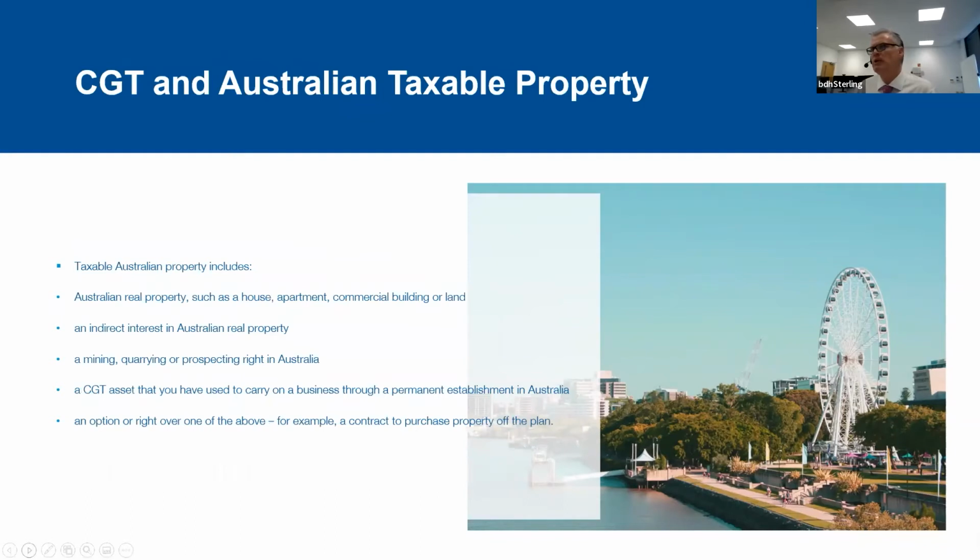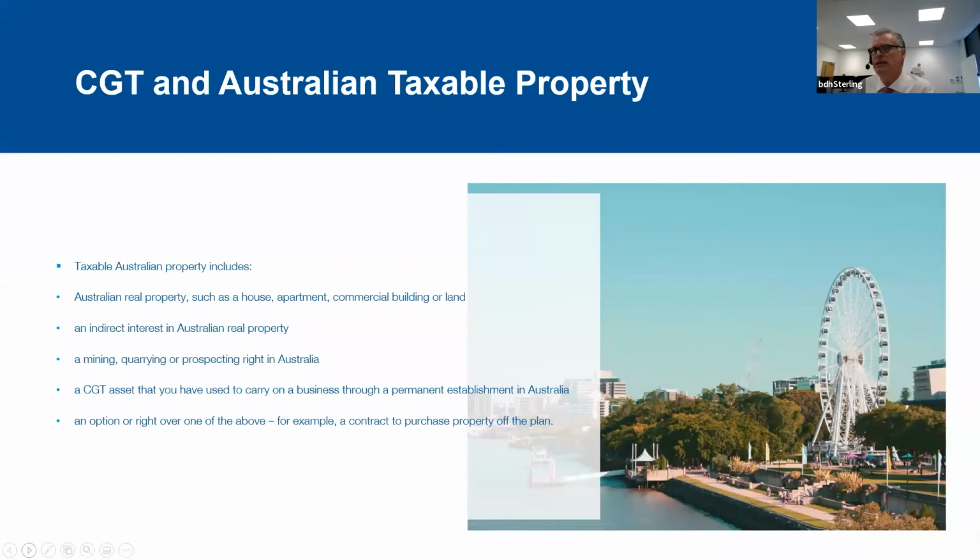So we touched on Australian taxable property and what it is, and if it's not, what the capital gains tax position is likely to be. If we looked at, well, what actually does taxable Australian property include? As the name suggests, I won't go through those points individually, but as you can see, it's all Australian real property,